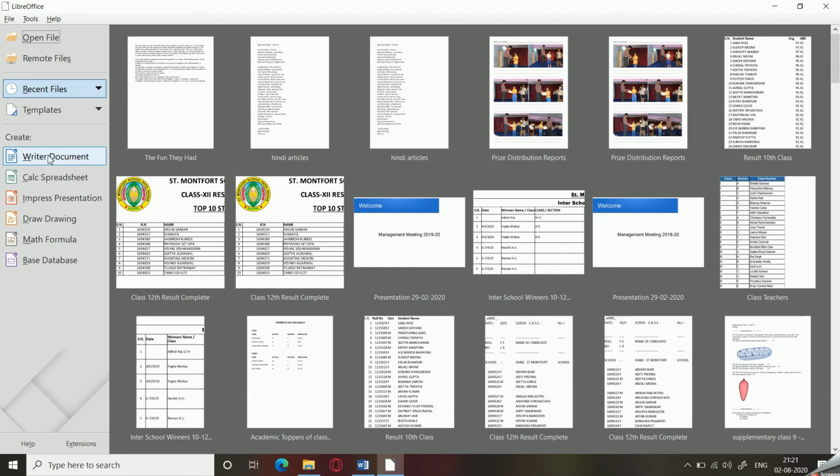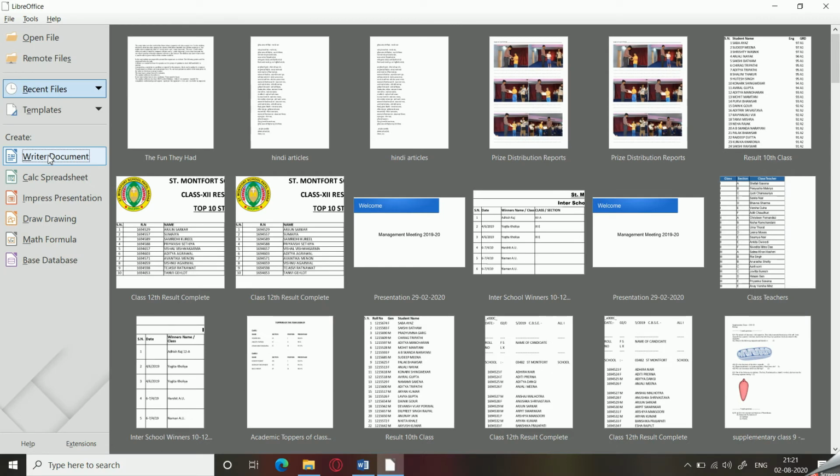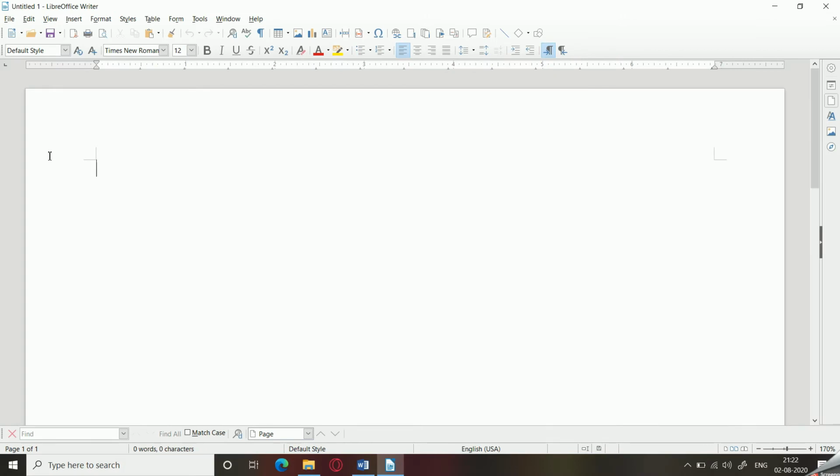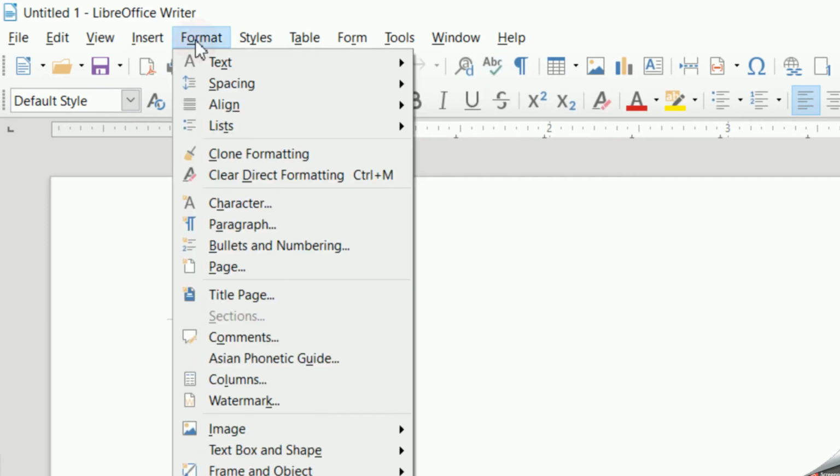If I click on this writer document, it will take some time and it will open the word processing app of LibreOffice, which is known as Writer, which is an equivalent for MS Word. So this is the window of Writer. Here also you can find all the various options. You can see the menu bar, the standard toolbar and the formatting toolbar, which almost resembles that of MS Word. Detailed explanation regarding LibreOffice would be given later, but in today's class I'll just give you a comparison